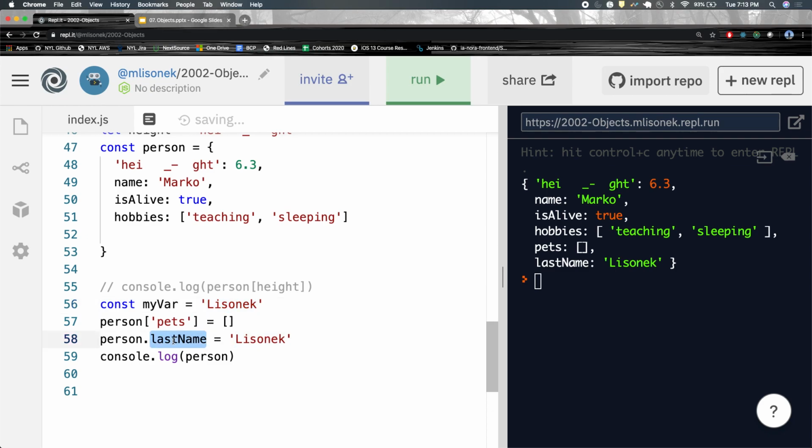So if I did my var here, it would be my var, you know? It literally takes everything that's to the right of it and makes it the key, even though this is equal to Listenek. Whereas if I did it with bracket notation,